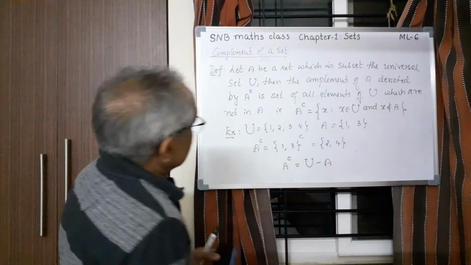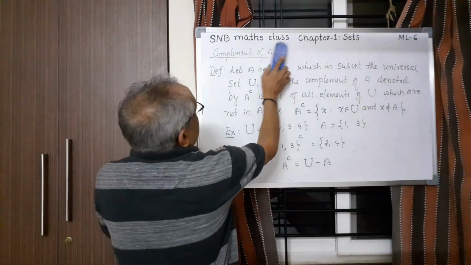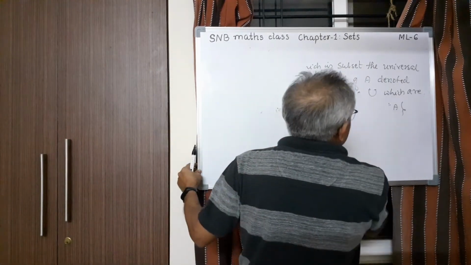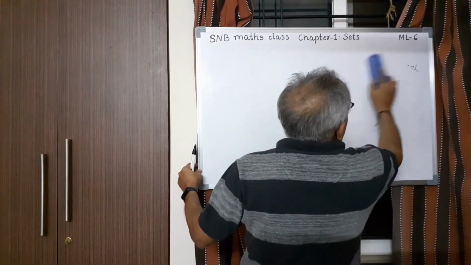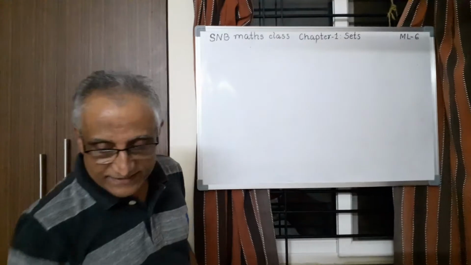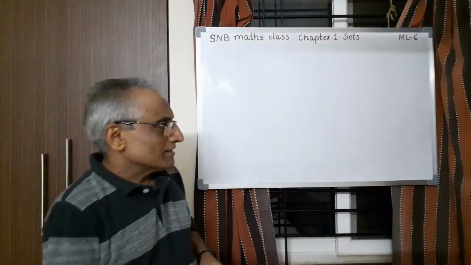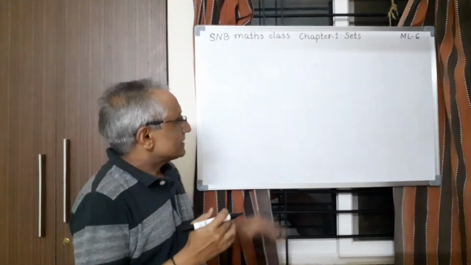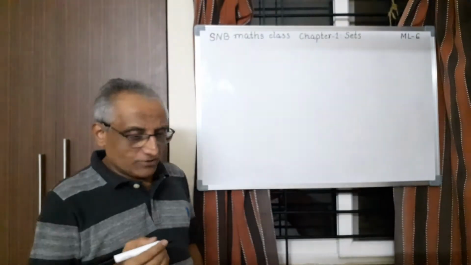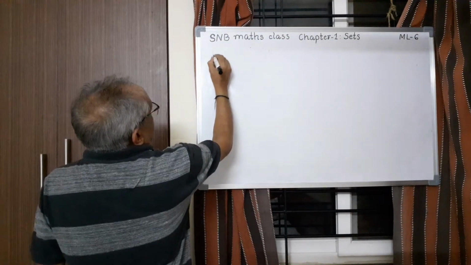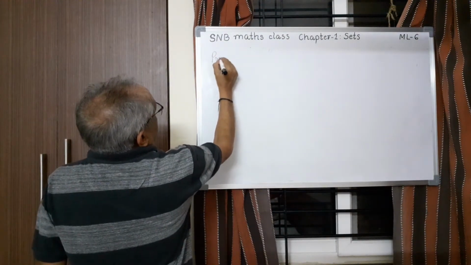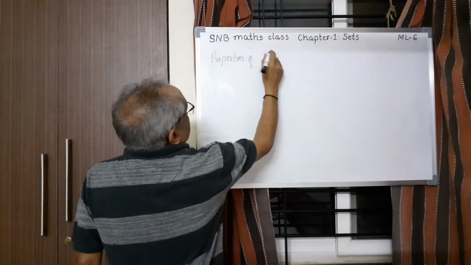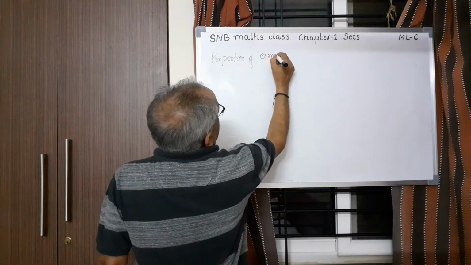So this is the relation. Now, let us study the properties of complement. So we have studied the properties of union. There are 5 laws. Properties of intersection. Once again, there are 5 laws. Of course, we have not studied properties of difference actually, but here in complement there are some important properties. So let us consider properties of complements.